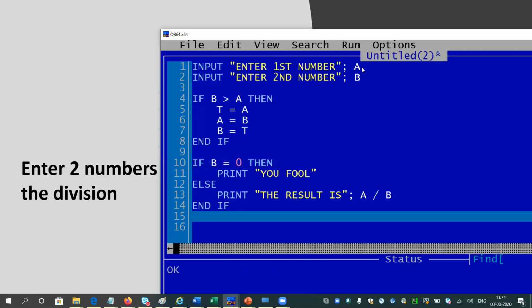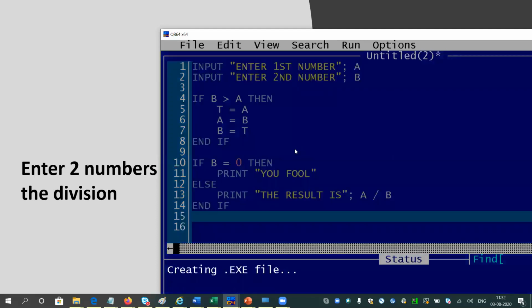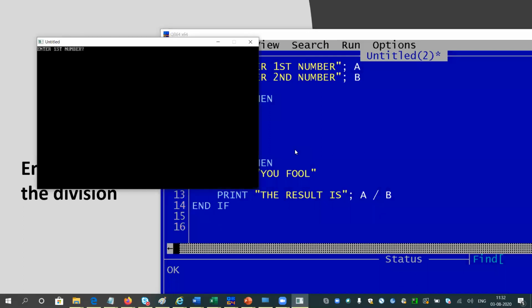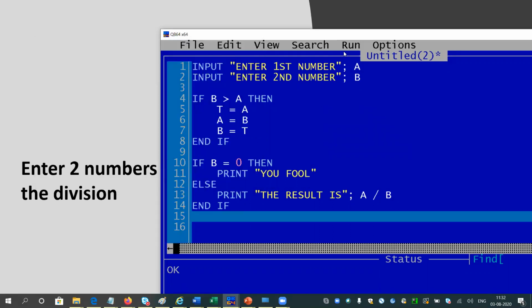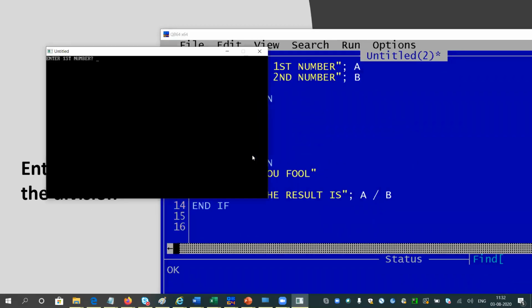Even if you try this on your local computer, you will also get some errors. So just have a look. If you are able to find it, it is very good. Otherwise, try again. That will be my message. Anyway, let me give some data like 20 and 4, or 20 and 3, say 5. Very good. Let me run it once again for you. Suppose I am giving 20 and 0. So it will give you the error.